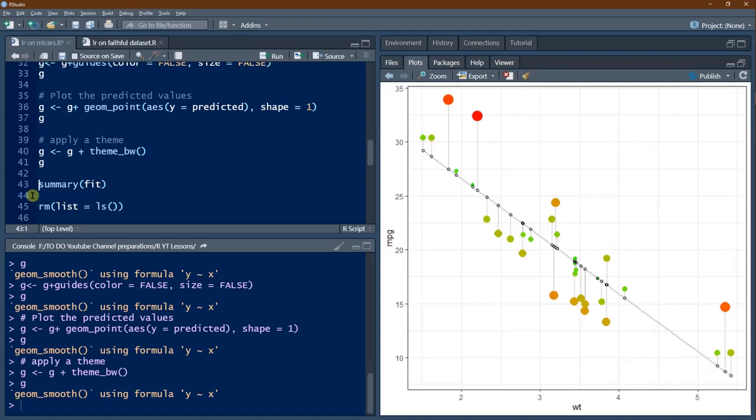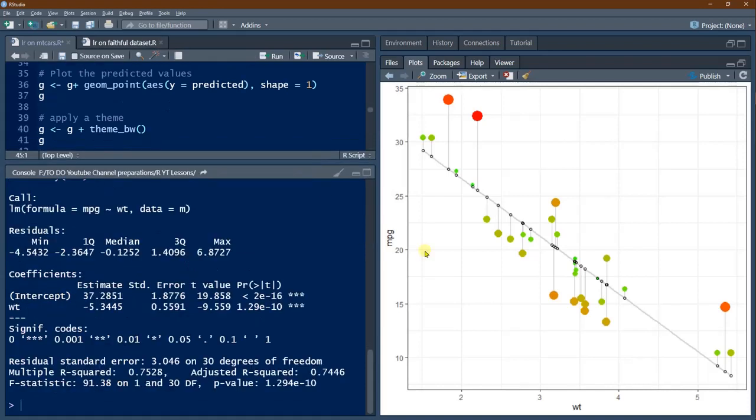Now we'll take a summary of this fit. Here, this is a formula, that is MPG as a function of weight. Data is mtcars. Residuals, we got minimum minus 4.5 to maximum 6.8. When you look at this figure, this one or this one, this could be the maximum. Maybe this is the maximum, let us say. So on the negative side, you see this appears to be the maximum. You can say this is 16 and this is 20. So this is around 4.5. So you got these residuals and minimum, maximum, all those details are available.